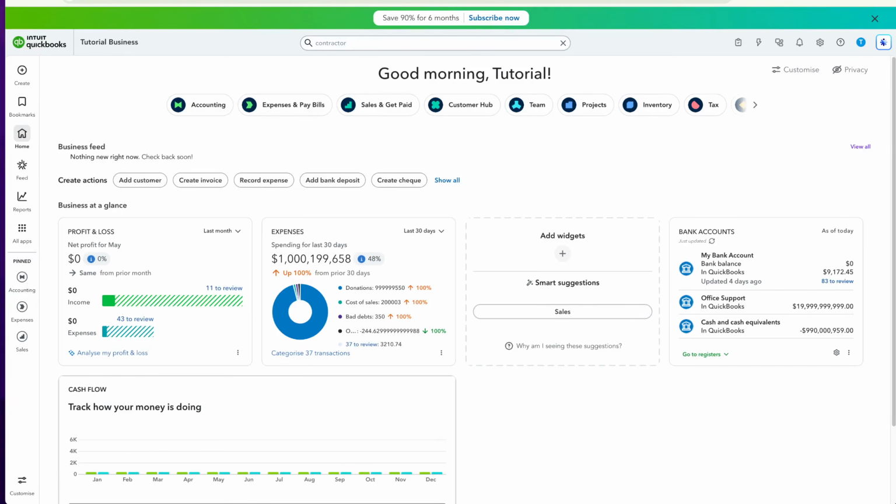In today's video, I'm going to teach you how to add depreciation of fixed assets in QuickBooks Online. If you're managing fixed assets for your business, it's essential to account for depreciation correctly. Depreciation helps track the reduction in value of your assets over time, ensuring your financial statements remain accurate and compliant. QuickBooks Online makes this process straightforward with its journal entry feature, and today I'll walk you through every step of